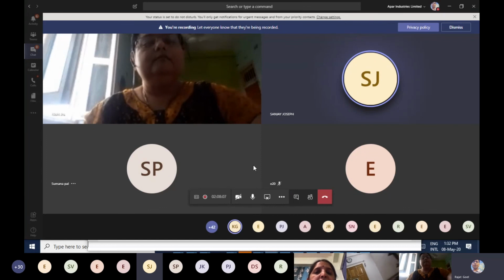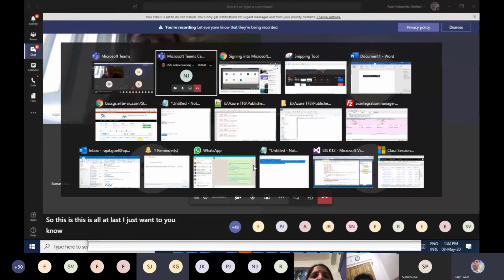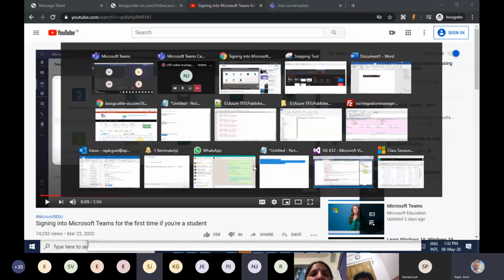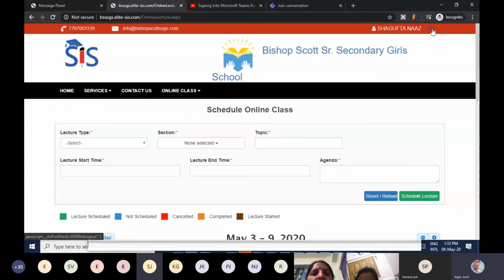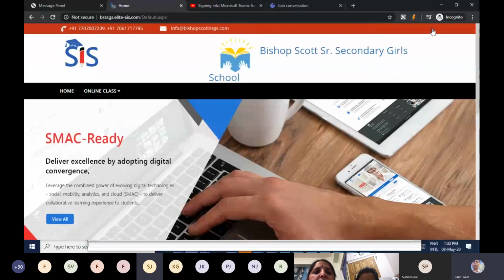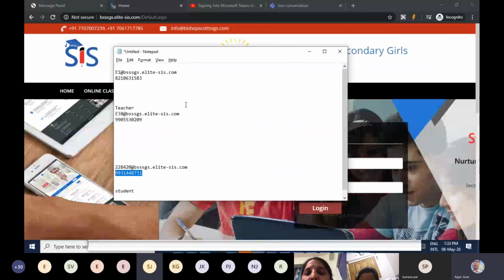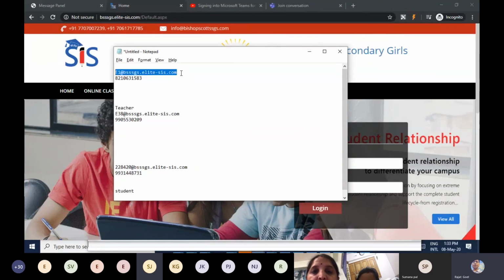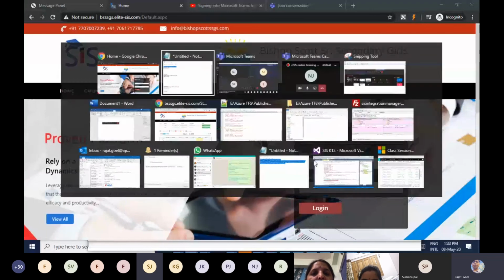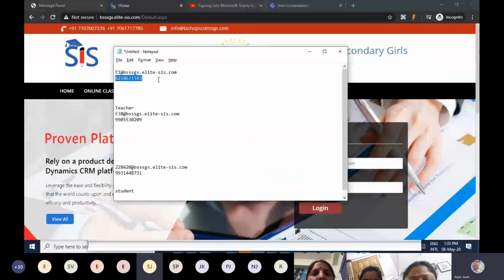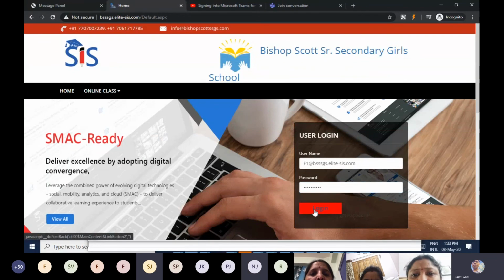So this is all. At last, I just want to showcase one last thing to you, sir. I am going to log in with your credentials once, just to show you how a principal, vice principal or any management authority can see things by logging into this portal, and what things are available for the authorities.